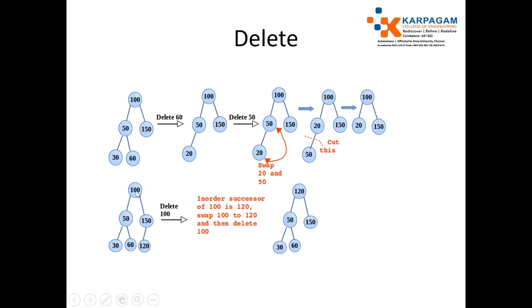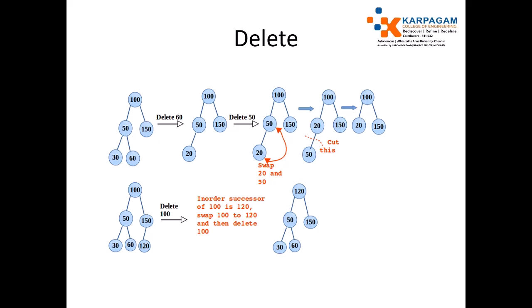That element is replaced. On the left side, if you wish to take any element and replace it with the root node, that is the element to be deleted, we can take the greatest element in the left subtree or the smallest element in the right subtree. Another way I can take. So rather than using the in order successor or predecessor, for deleting the element 100, either take the greatest element in the left subtree or the smallest element in the right subtree. That is also possible. Okay.